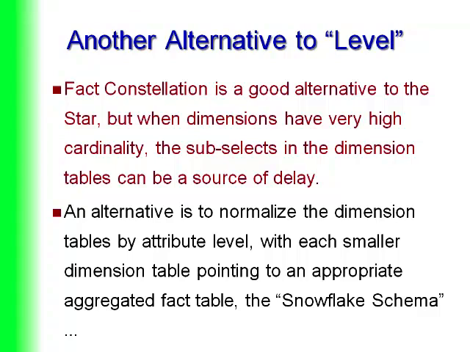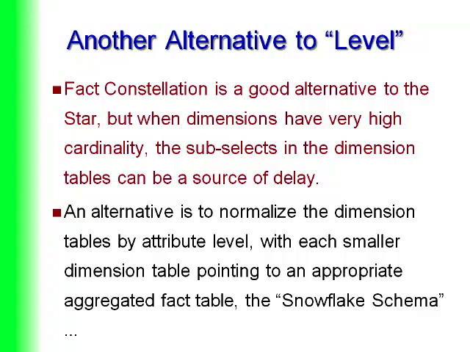Why should we do this? As I mentioned earlier, when the cardinality of the dimension table is very large, then the inner select statement in the dimension table may take a huge amount of time in processing the request, which leads to a source of delay. So in order to reduce the delay,